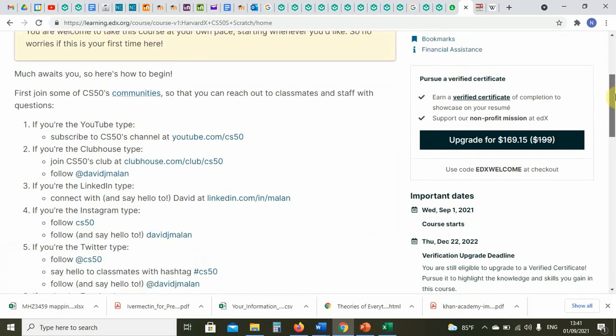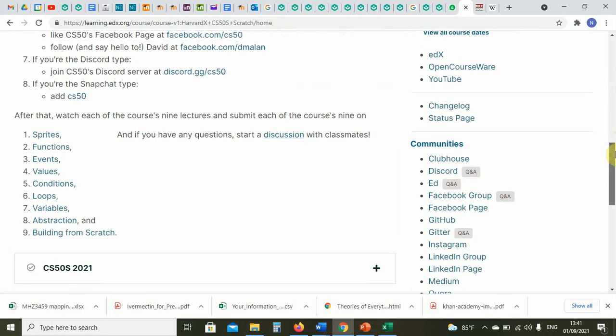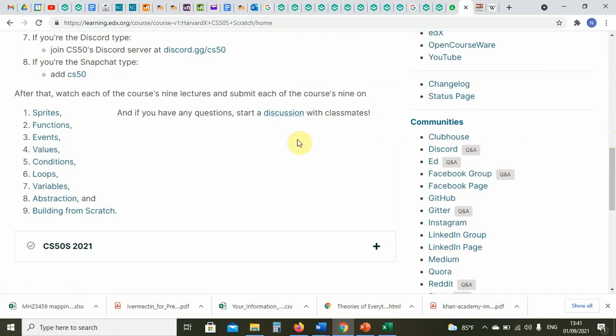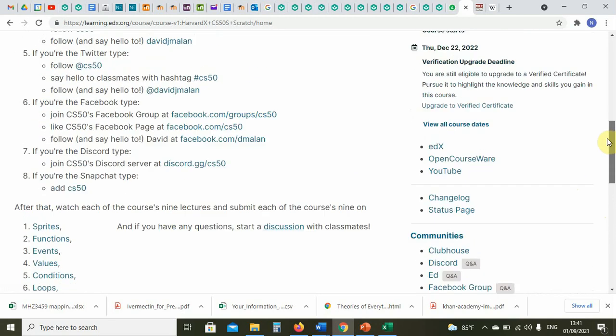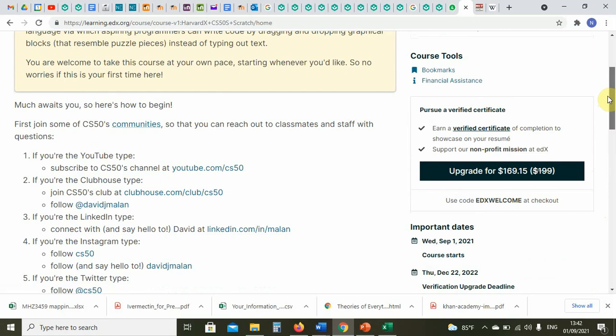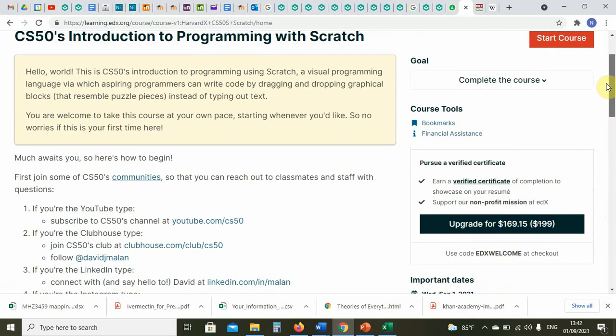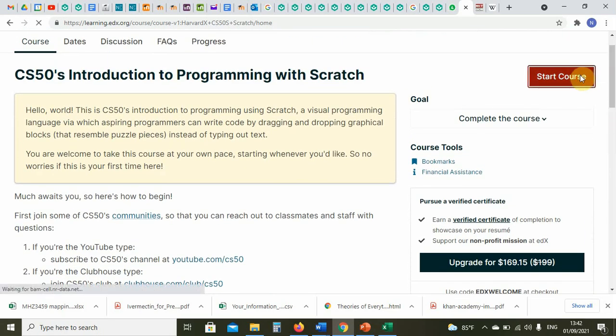They give you some resources. And then you have to start with the different sections. So there's only 9 lectures in the course. There is a Facebook group, there's a Facebook page, there is a discussion forum, so many kinds of discussion forums. A lot of different options are here. Right? So we will click on start the course,